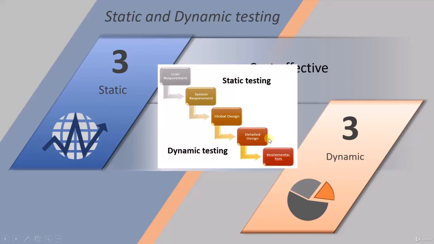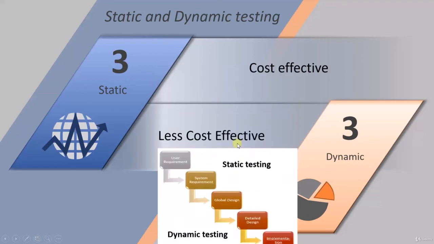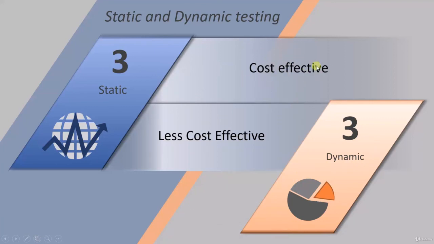So if you find a fault here, since this is the only stage where dynamic testing can be performed, this error might not be so easy to correct. It could have happened because your design was flawed, or it could be because you didn't take down the requirements in the early stages correctly. If the fault happened in this document and it went unnoticed through this step and this step only to be found here, that means you now have to correct 4 different steps. This will require more people to solve problems and it will take up a lot more time. So this is the reason we said that static testing is cost effective while dynamic testing is less cost effective.